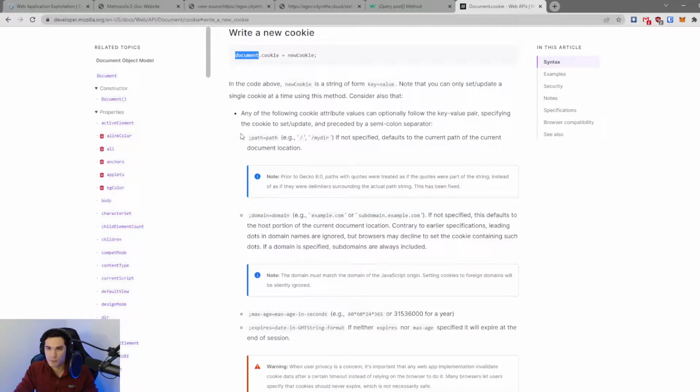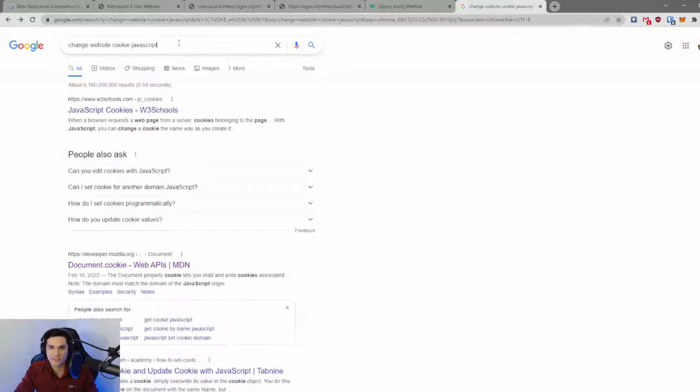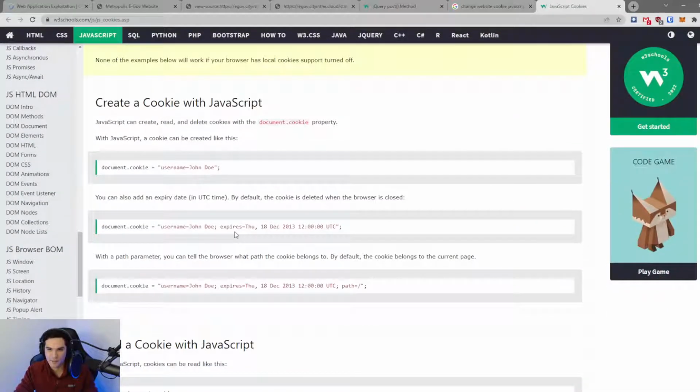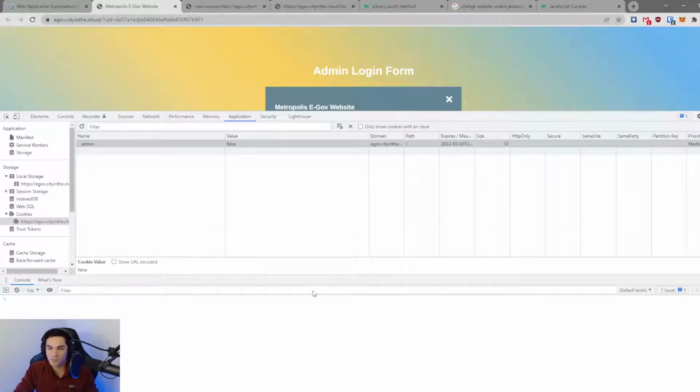Okay. So we can write a new cookie by saying document.cookie equals new cookie. Let me just see if I can find an example so I can copy and paste it and save ourselves some time. All right, so let's give this a shot. I am now in the console section and I'm going to execute this JavaScript code, and hopefully this JavaScript code will allow us to